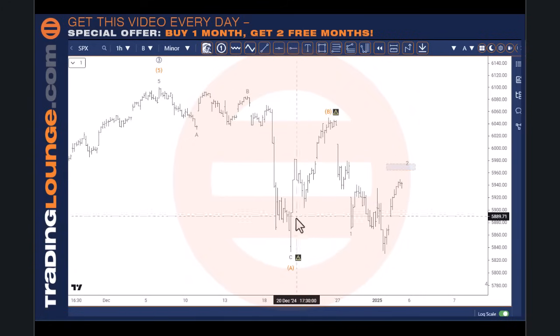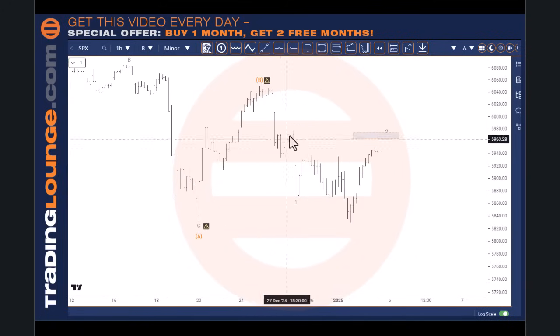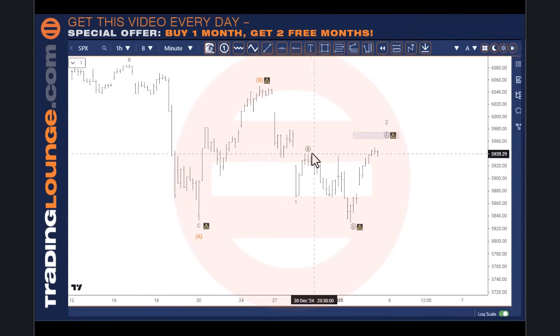So we've got this ABC pattern here. Based on that ABC pattern, we know the market should be making a new high at some point. This counts quite nicely down here as 1, 2, 3, 4, 5 for the A wave, an ABC for the B wave, and then over to the C wave. If I open that up a little further, it would look a bit like this, an expanded flat, with an A, a B and a C wave moving up through here. This is also the 61.8% mark up here as well.